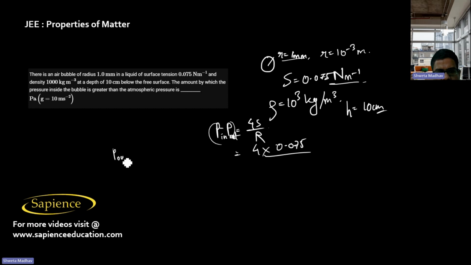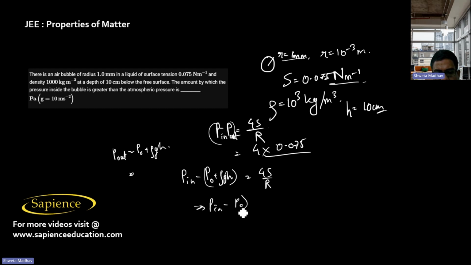And the pressure outside, that is equal to P naught plus rho gh, since it is at a depth of 10 centimeter below the free surface. That means that P inside minus the pressure outside, the pressure outside the air bubble being P naught plus rho gh, is equal to 4s by r. So therefore P inside minus the atmospheric pressure is given as 4s by r plus rho gh,